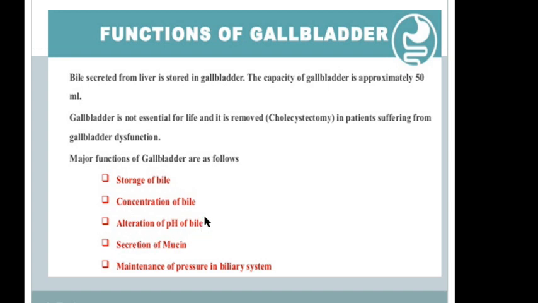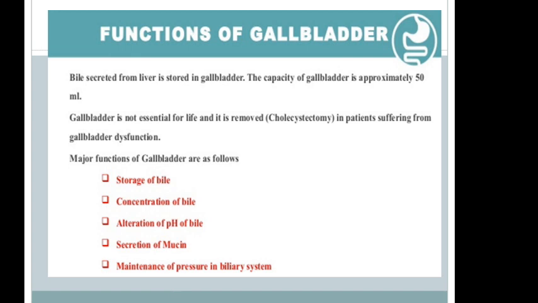Here in the gallbladder, bile is less alkaline in nature. Secretion of mucin. Gallbladder secretes mucin, so it lubricates the wall of the bile duct and lubricates the intestine for the proper peristaltic movement of the intestine. Maintenance of pressure in the biliary duct. Maintenance of pressure in the biliary system means